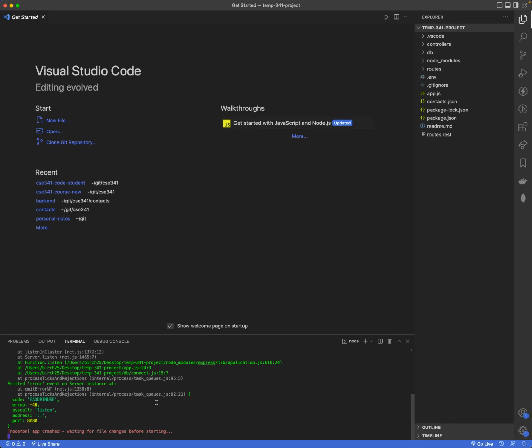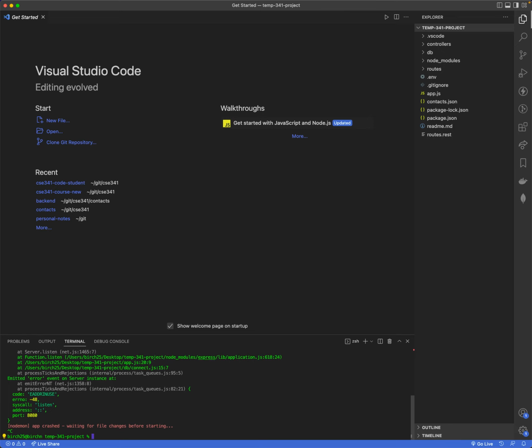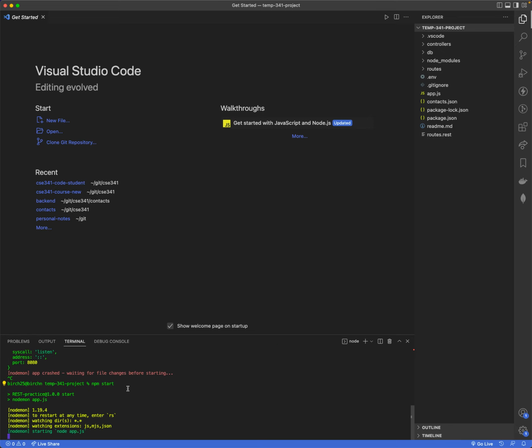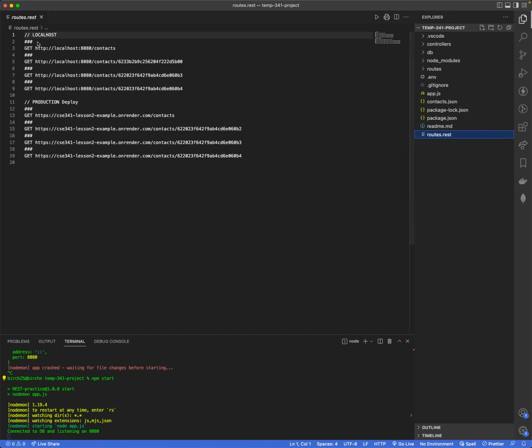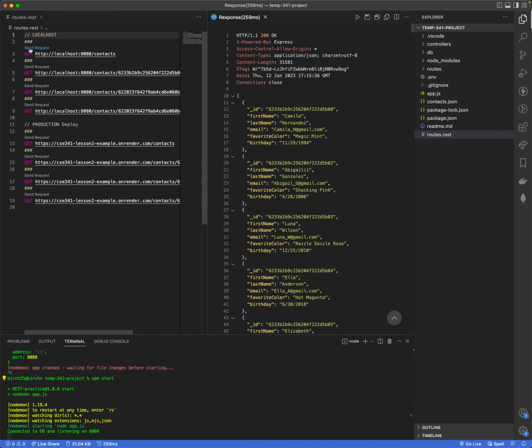All right, the question is, how do I deploy a Node.js API to render.com? So let's first make sure that we have a project that's up and running. That looks great. Let me just run a simple request here to make sure that that looks good. Sweet. And what we're going to do is generate a new deployment